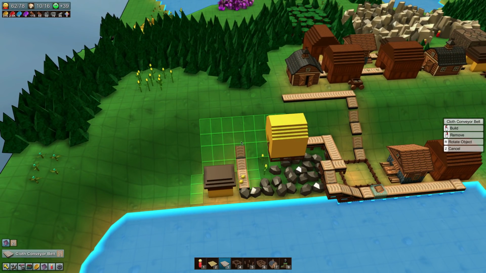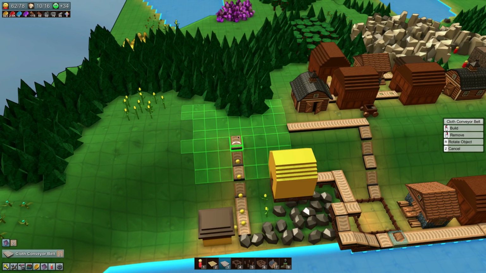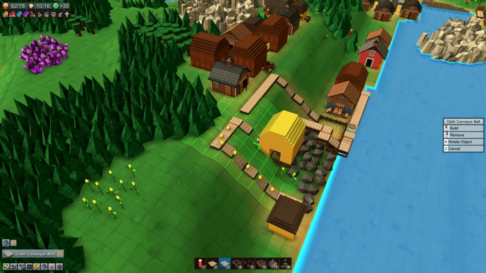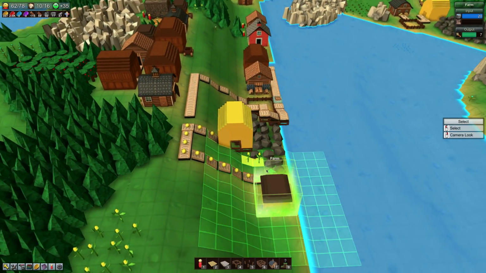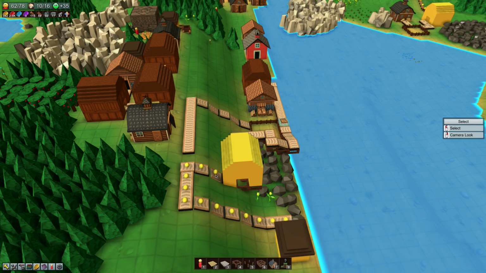Hey, I want to just take this up this weird ramp. Is it gonna go? Oh, wow, it is. Okay, that is just strange. That works. It's wonderful and weird. Except why can't I put it there? Why can't I...